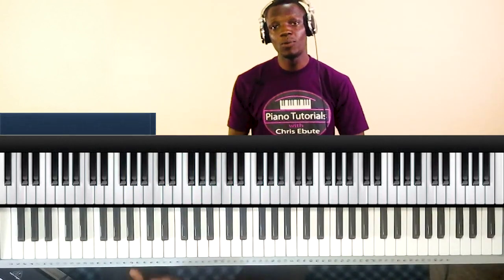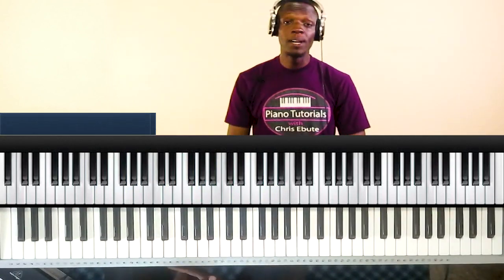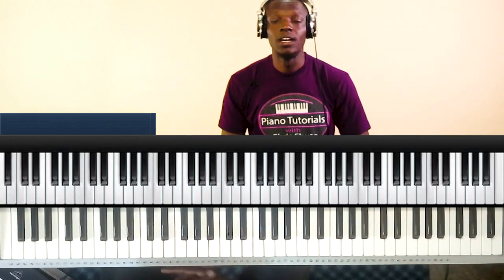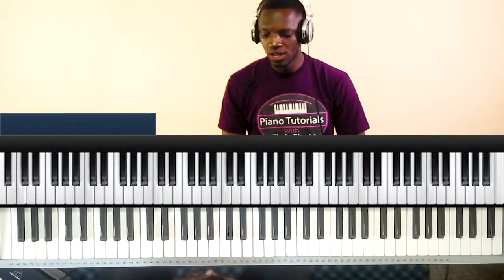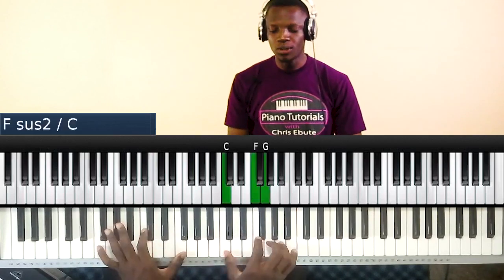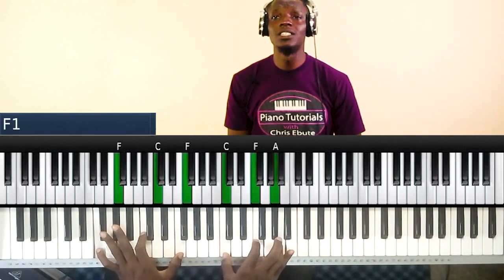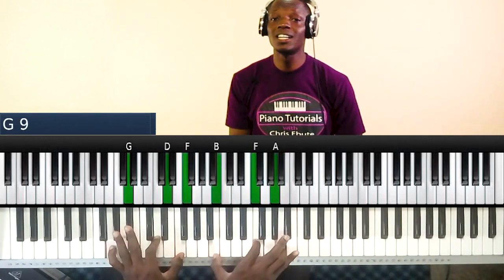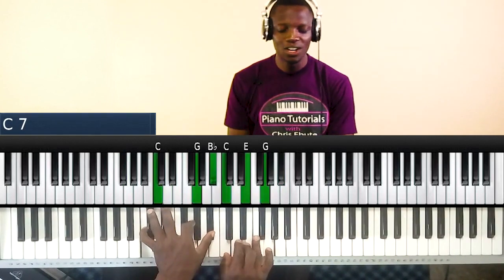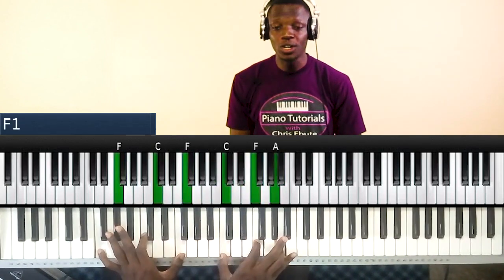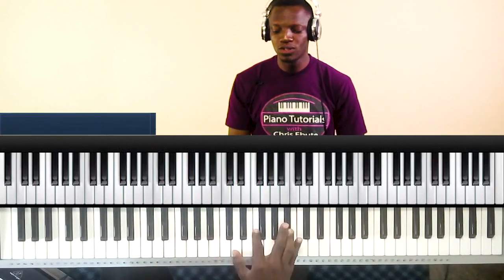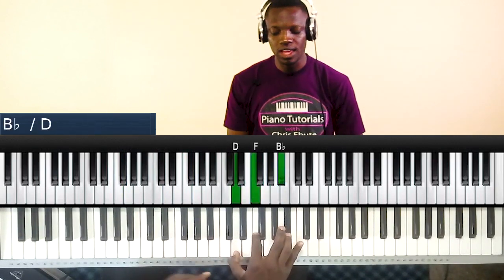So that's just a simple way to play. Now I'll play it again and I'll add those passing chords and runs I was adding to it. All right, so it goes like this. Unto Jesus I. What was that? So the 1 chord, then the right hand just went to the 4. Then I play